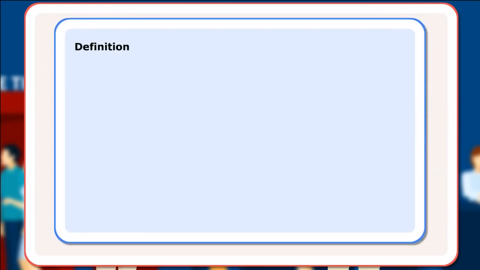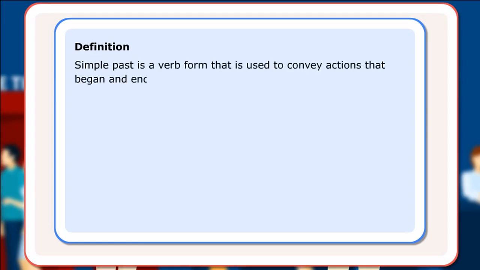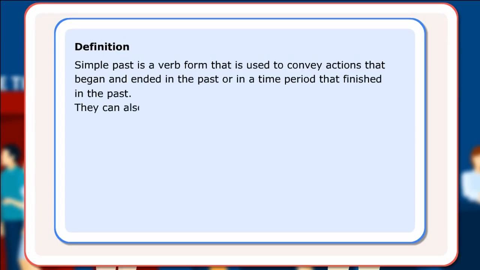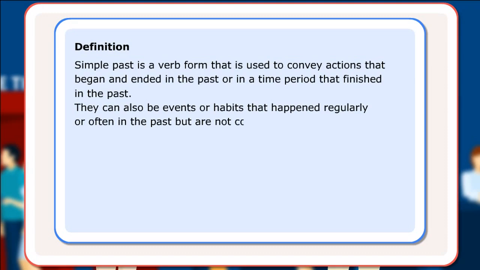Definition. Simple past is a verb form that is used to convey actions that began and ended in the past or in a time period that finished in the past. They can also be events or habits that happened regularly or often in the past but are not continuing till this moment. The format of: